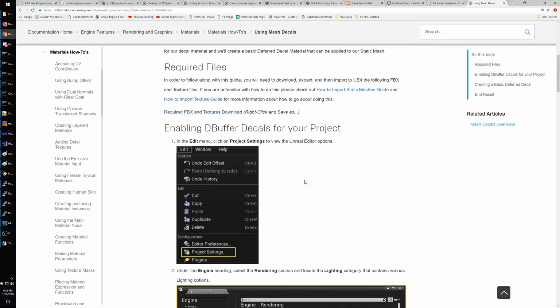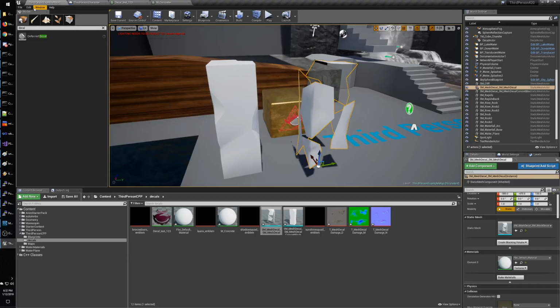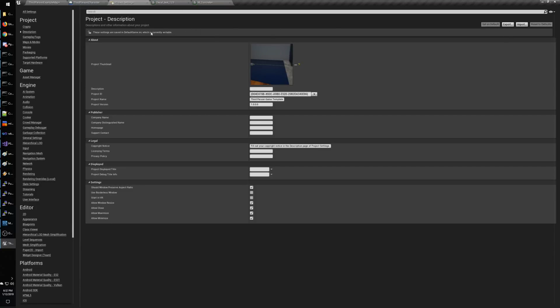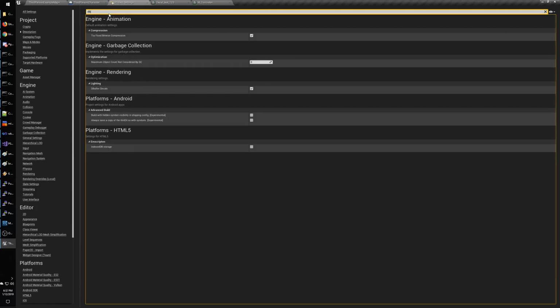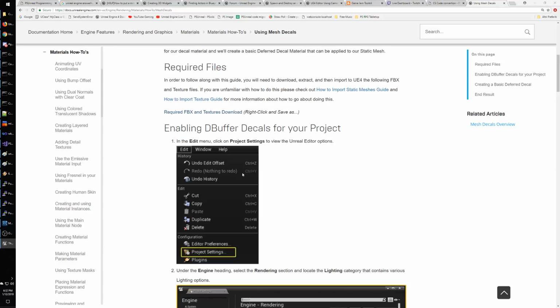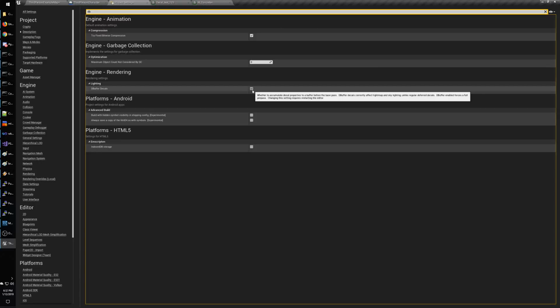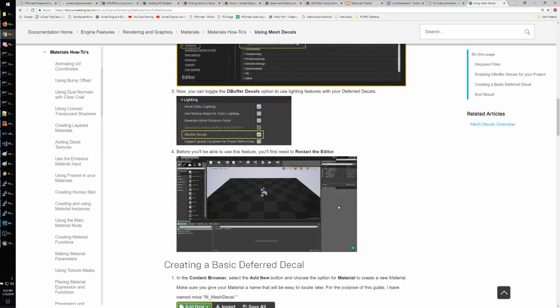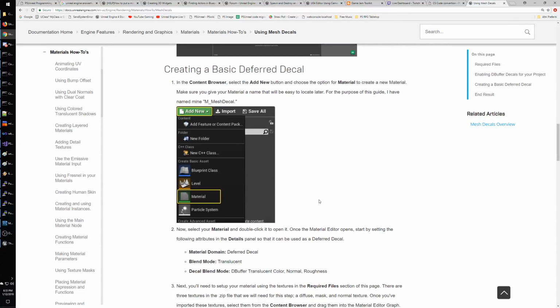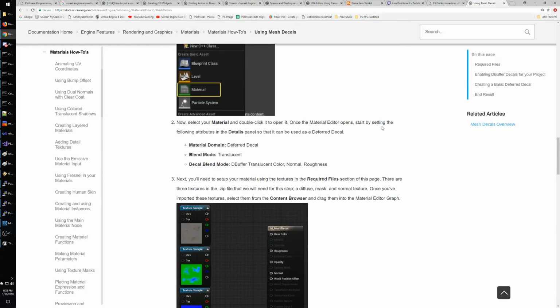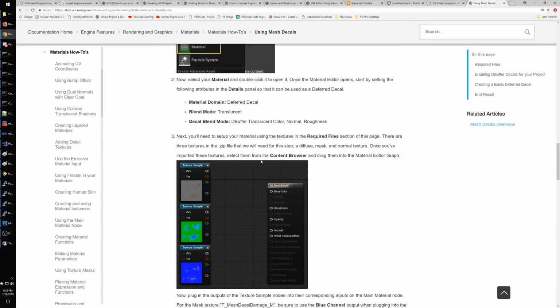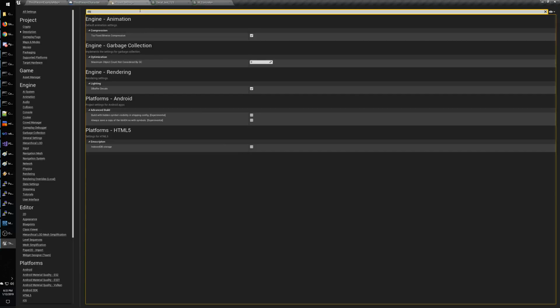First I need to enable this, because I think if I don't enable this, it would never work. Okay, understand. DBuffer decals is already enabled actually. Under Lighting, DBuffer decals is already enabled in this project. So I need to create this one. Okay, I guess I should follow